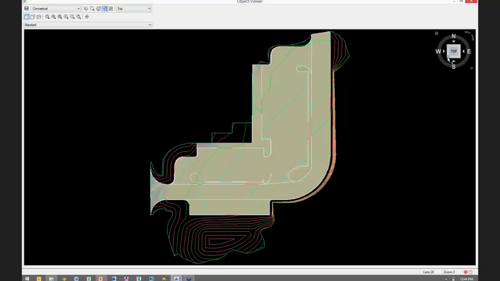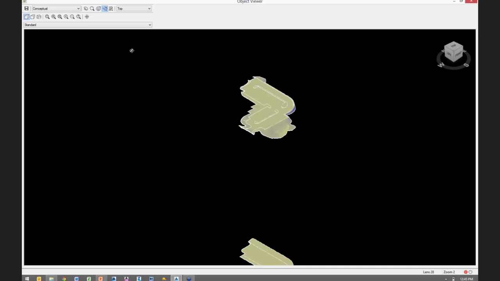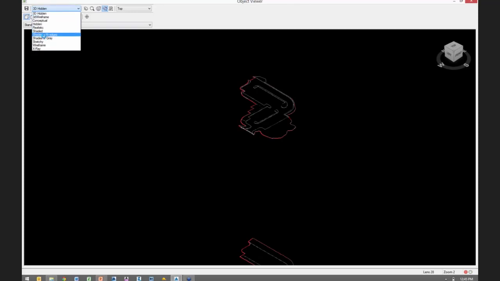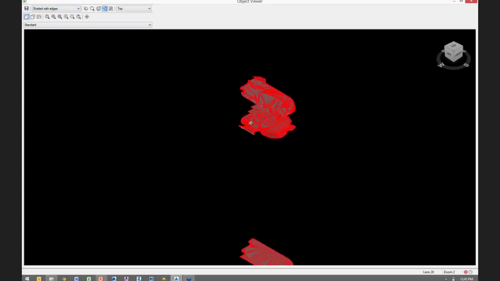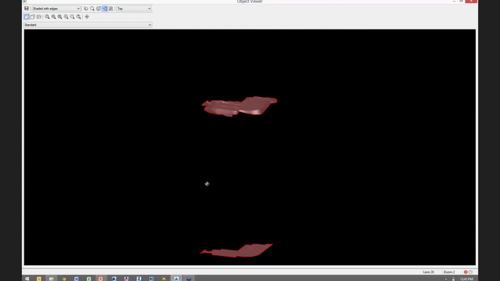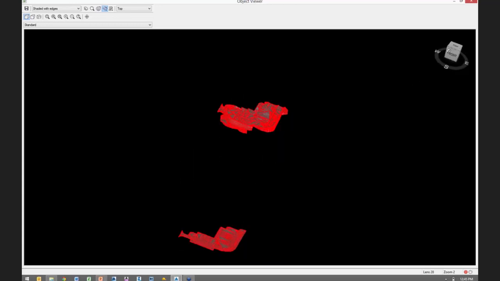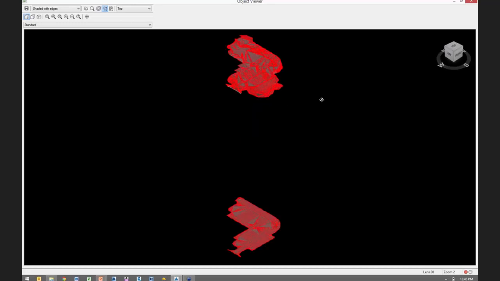Let's go to a 3D view. Okay, sitting down here is my subgrade depth surface with polylines of elevations around 1 foot. And up here is my finished grade surface. Let's go to a 3D shaded with edges. Okay. If I zoom in here, let's take a look at this from this side. Better yet, let's stay at that one entrance there. If I zoom into this area right here,